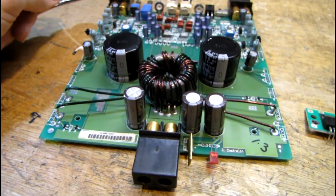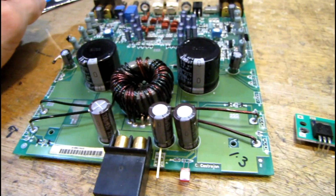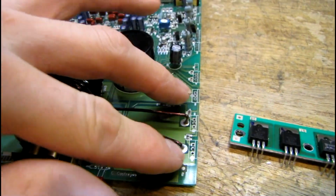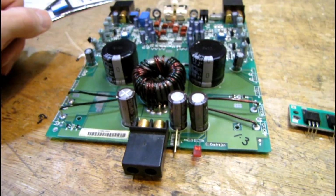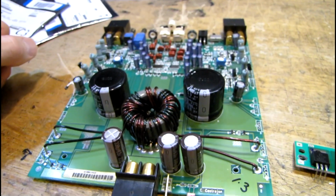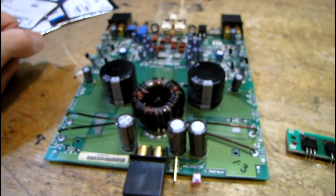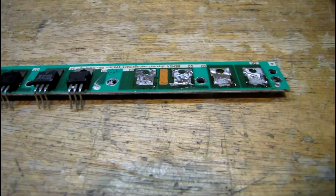Although that time around I was getting about 3.5 volts on the power supply rails, and it should be a lot higher than that. So I looked around some more and discovered that the MOSFETs in the power supply output circuit were shorted. So I took all those out, and I'm going to have to replace all that stuff. I've got one shorted channel and a shorted power supply, and all of the output transistors and switching transistors are